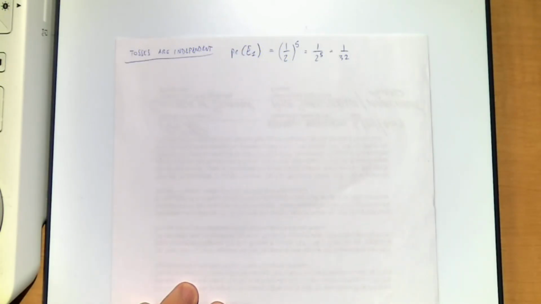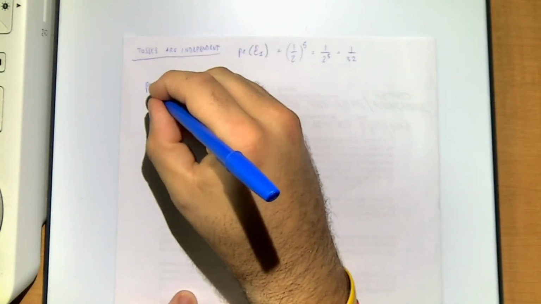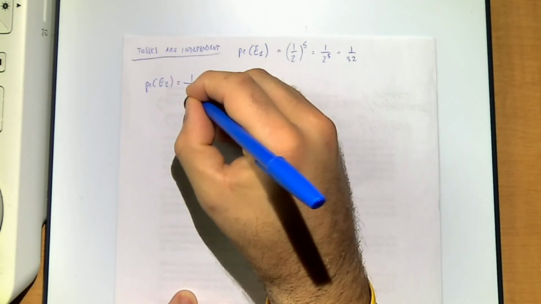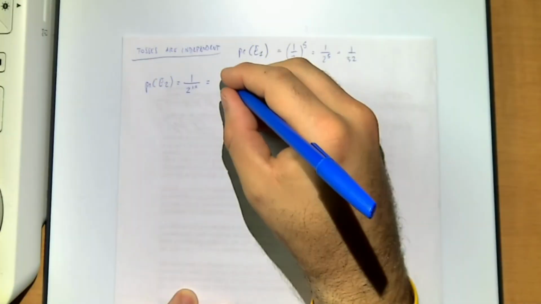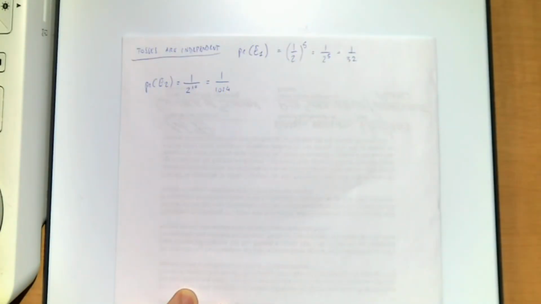Okay. So now, what I'm asking in the second event is not only the first 5 tosses, and then I don't care what happens to the other 5 tosses. I want 1/2 for the first 5 tosses, and then I want 1 minus 1/2, that's the probability of a tail, for the other 5 tosses. So that's 1 over 2 to the 5 for the first one, 1 over 2 to the 5 for the second one. So the probability of the second event would be 1 over 2 to the 10. Okay? So this event is much less likely to happen. This is 1 over 1024, if I want 5 heads first and then 5 tails, rather than having 5 heads and then whatever.